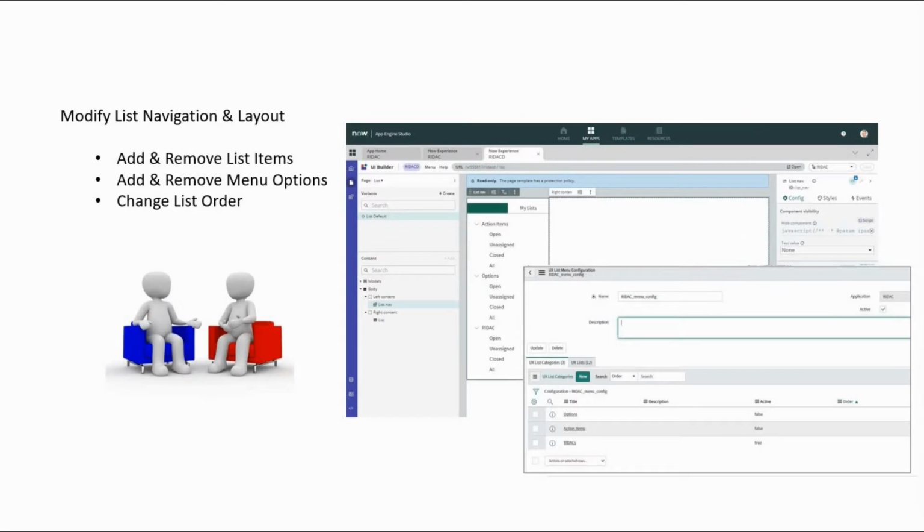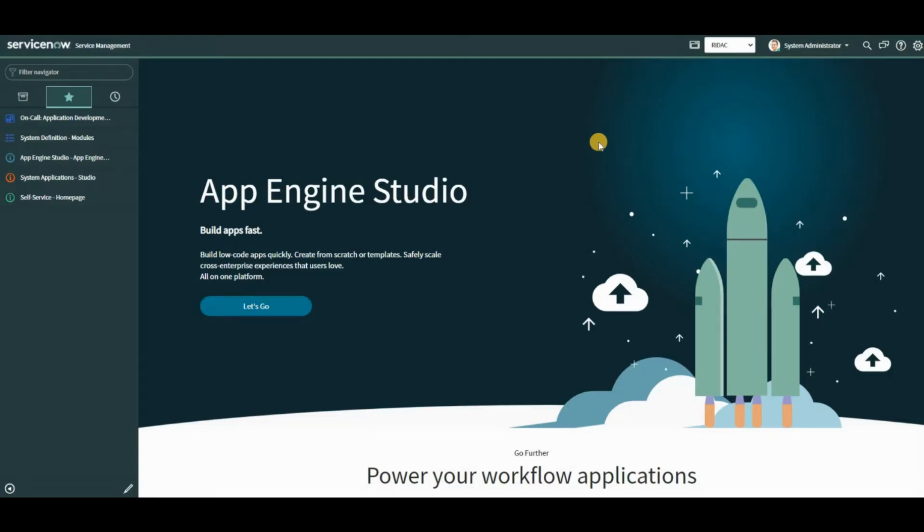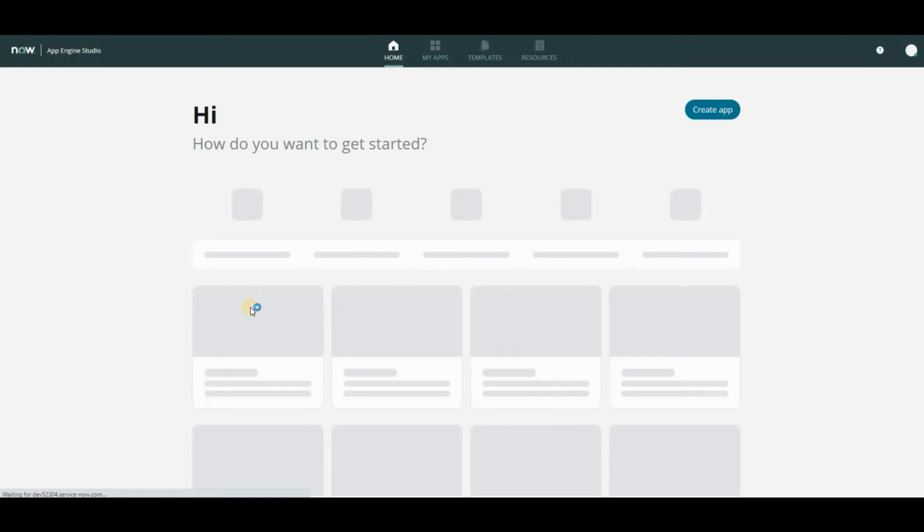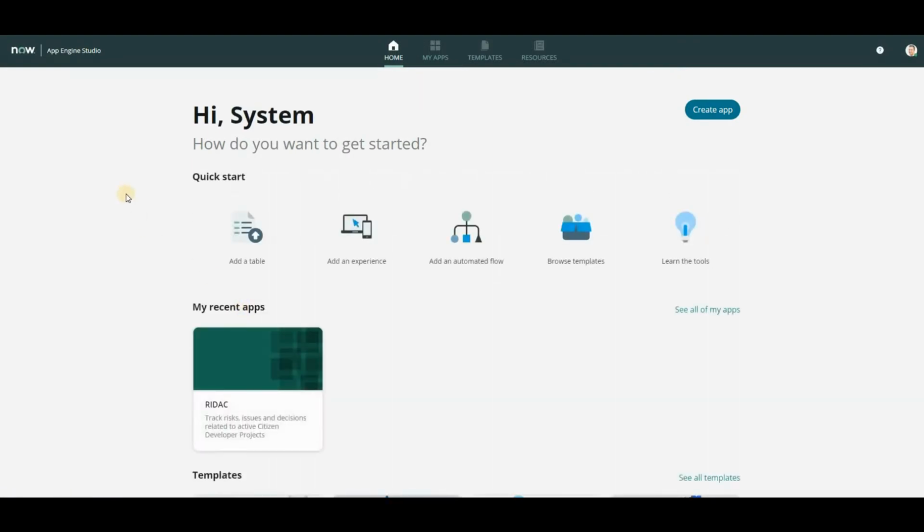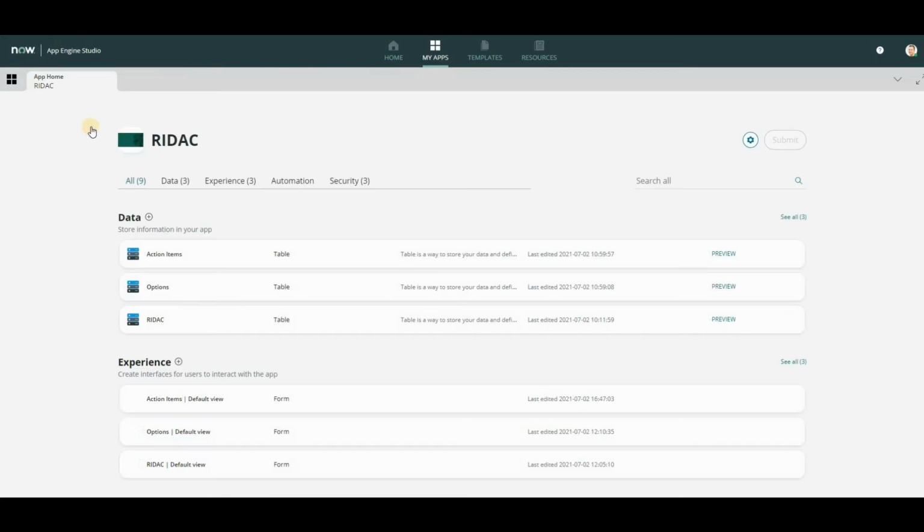Lastly, we'll look at modifying the list navigation and layout by adding and removing list items, adding and removing list options, and changing the list order. So let's go ahead and get into the App Engine Studio and take a look at customizing our workspace homepage and list. So first off here, I've already got an application created called Riddick, and inside of there I've already